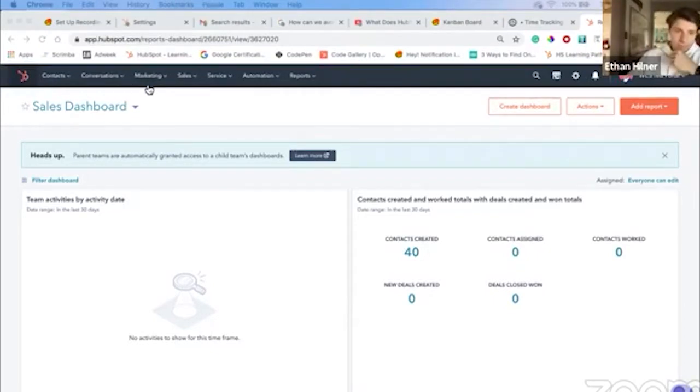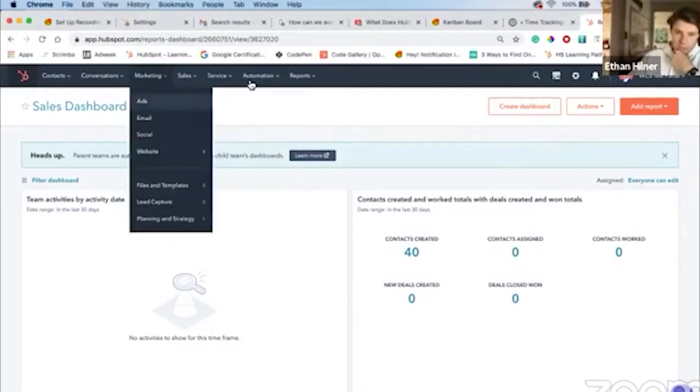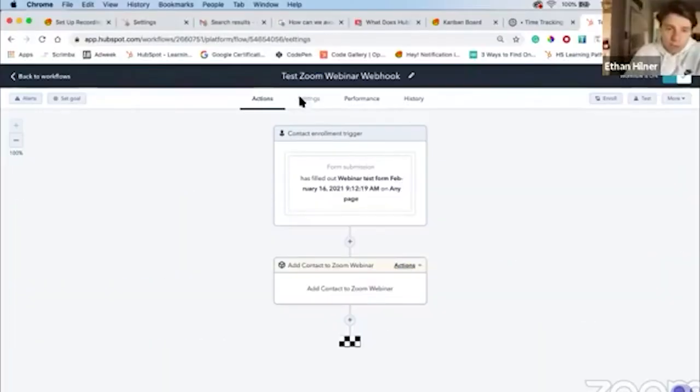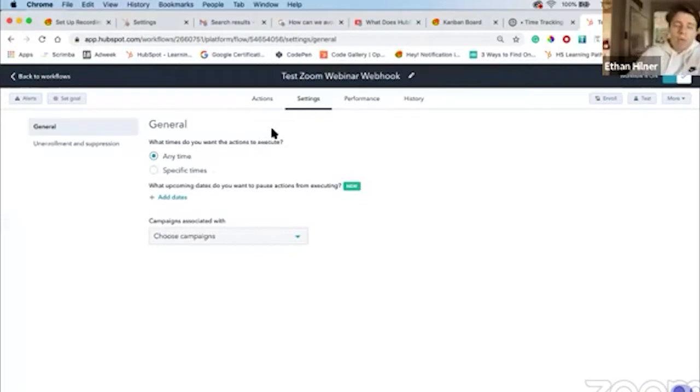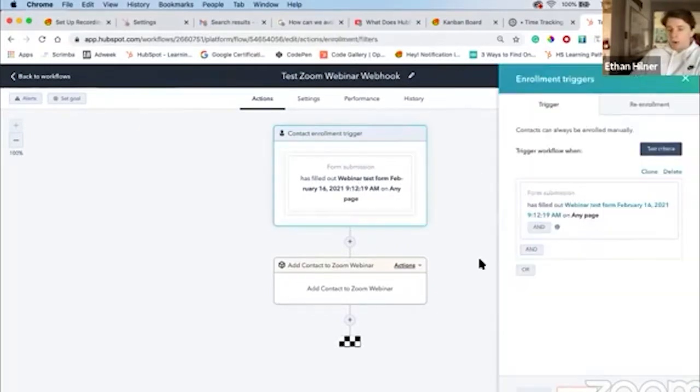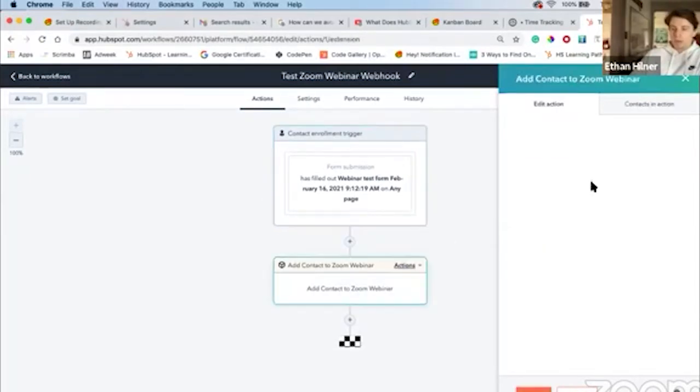And when I say workflow settings, I'm referring to this settings tab here. This would apply more for nurture sequences. Typically, for a workflow like this, if you missed it, this is a workflow that's created so that if someone fills out a form on one of your HubSpot landing pages, or just one of your HubSpot forms, it will automatically enroll them into your Zoom workflow